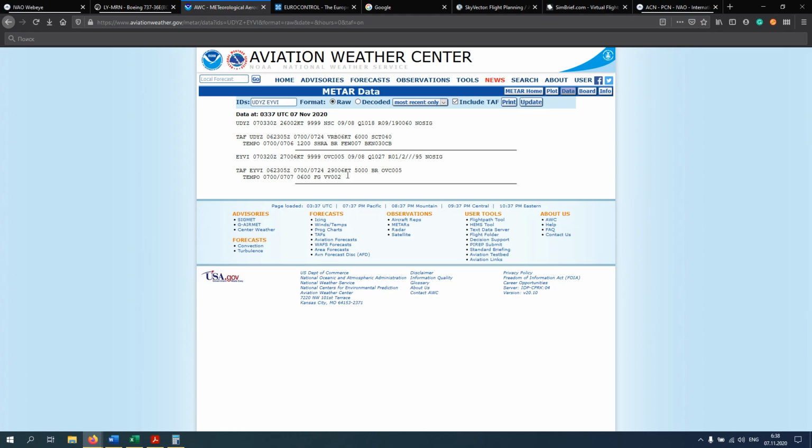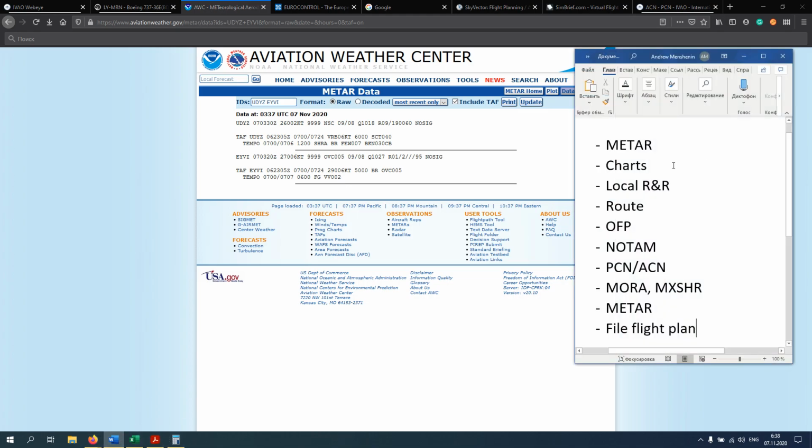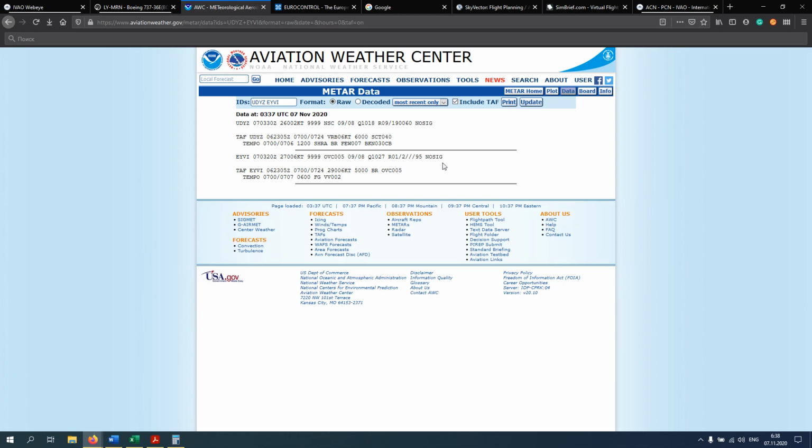Alright, so now, okay, we checked METAR, checked TAF, so we just mark it green, done. Now we need charts, and for charts I know there is a payware solution on the JeppSen and Navigraph, but also you can use